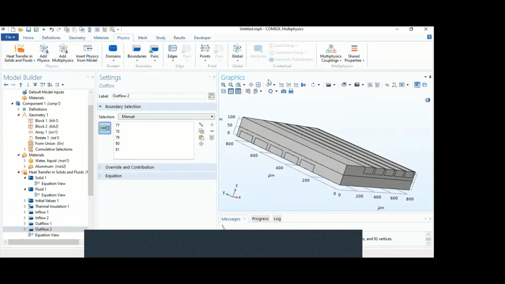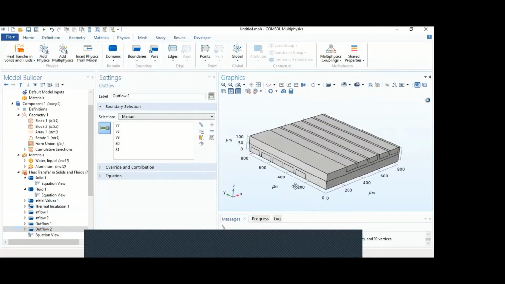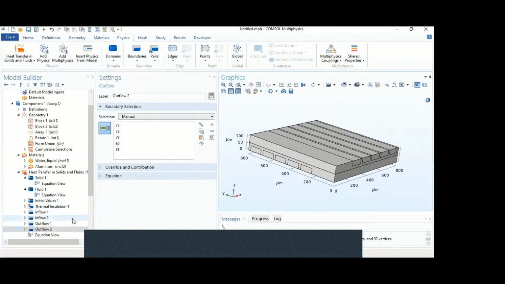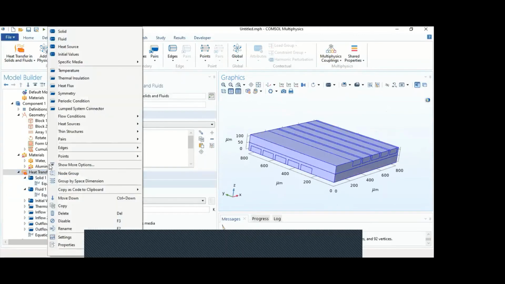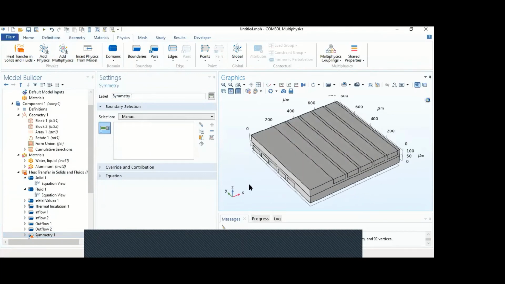So this is just part of my heat exchanger. If I assume that this surface is replicated on the top, so the channel is just not like a rectangle, it's a square, and the same thing happens on the bottom, I can also use the symmetry boundary to include this by not including it in the geometry but including it just in the calculations. So I can assume that this is a symmetrical boundary like this,